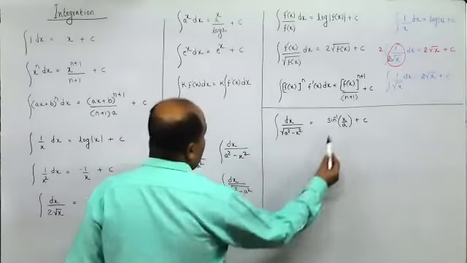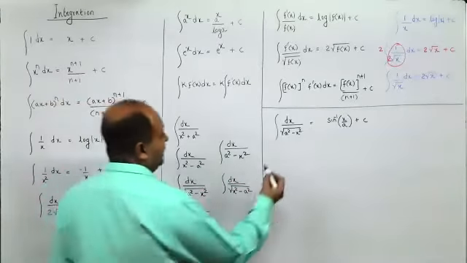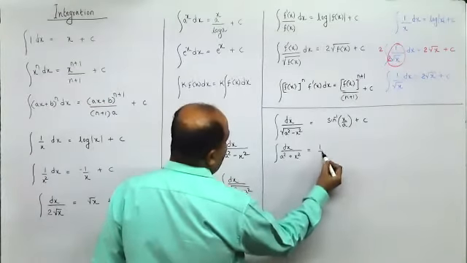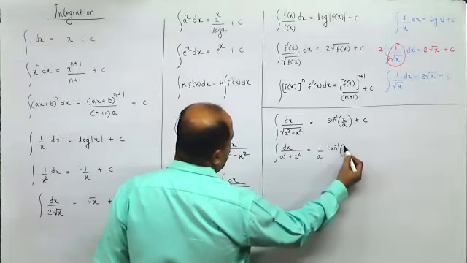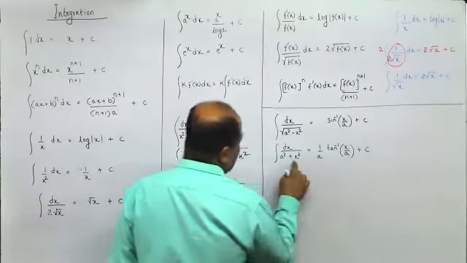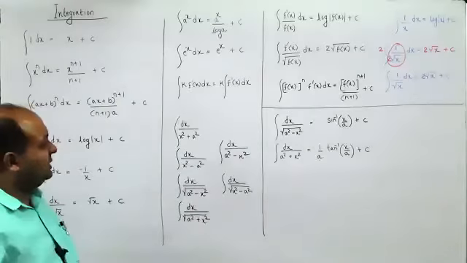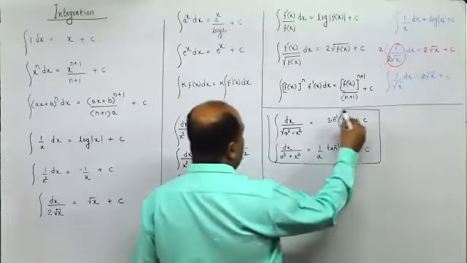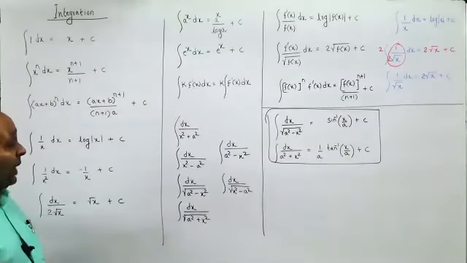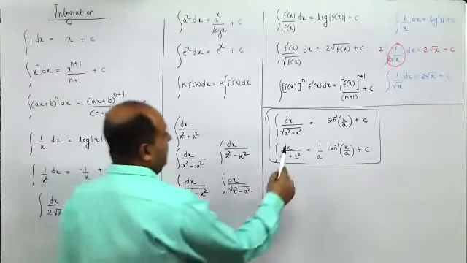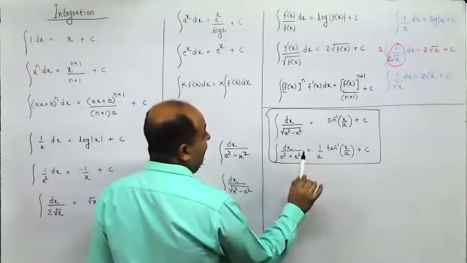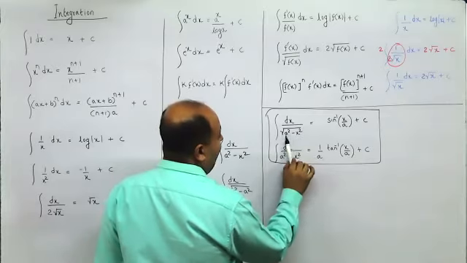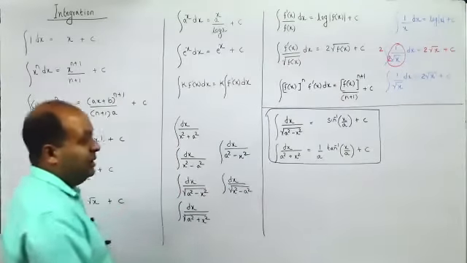Now, this is dx upon root a square minus x square. If instead of this you have dx upon a square plus x square, it is 1 upon a tan inverse x by a plus c. I don't think you have this formula in more than 1 or 2 questions in the entire textbook, but still it is better you by heart these two formulae. Now, once you are done with these two, just remember that these are the two basic formulae. Now, apart from this, whenever you get root, remember, you will be getting log as the term for the same.